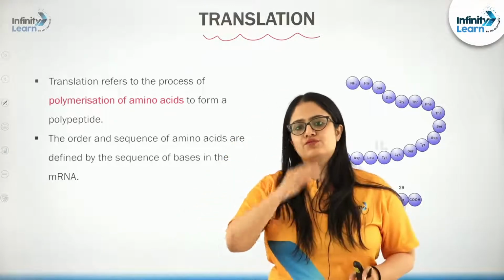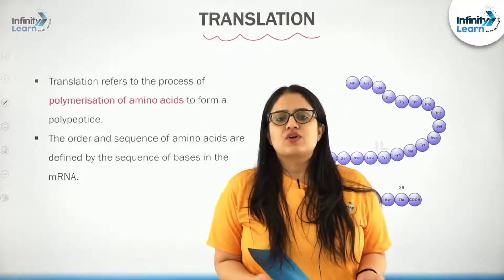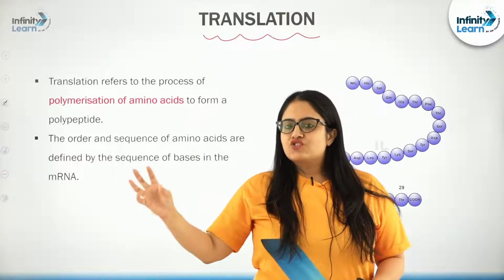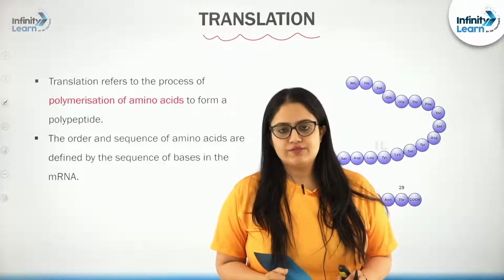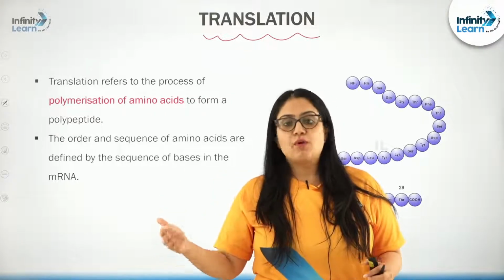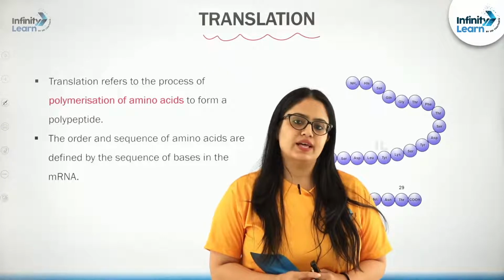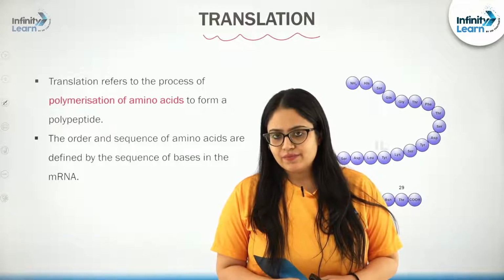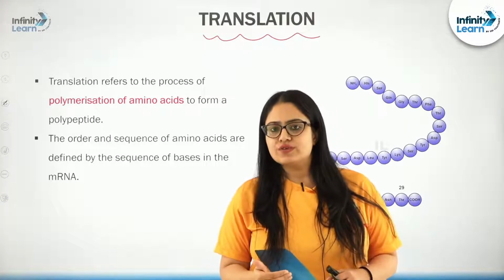So I repeat myself, students, two things we need to understand before I start explaining how translation takes place inside the cell. Listen very carefully. What is the translation process? During translation, a polypeptide chain is produced. What is a polypeptide chain? A polymer in which amino acids are present and bonded to each other with the help of a peptide bond. Second thing, which amino acid and in what sequence or order